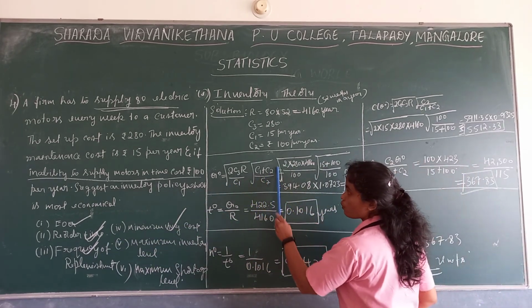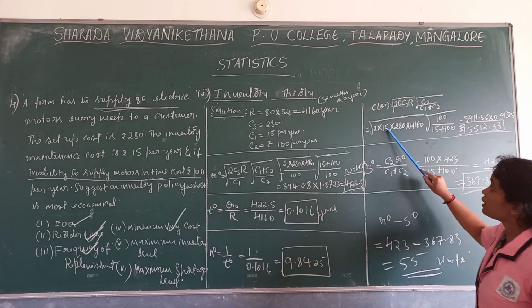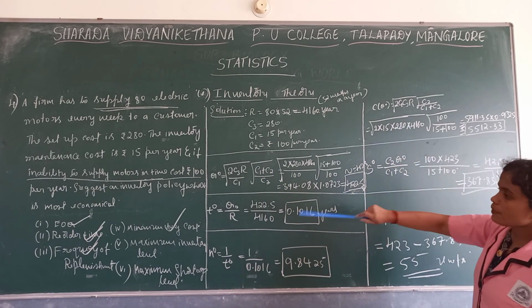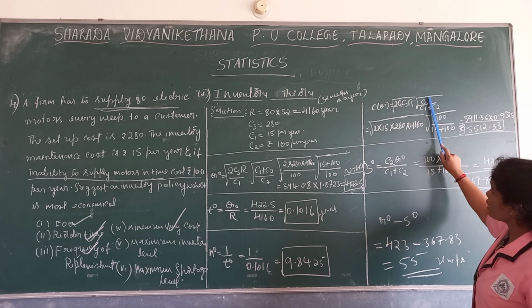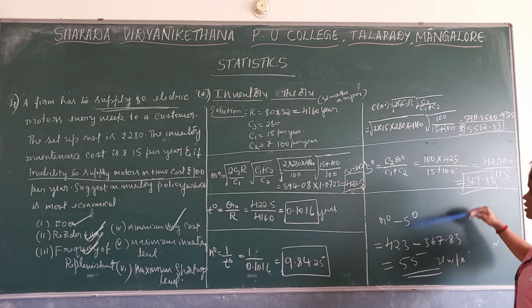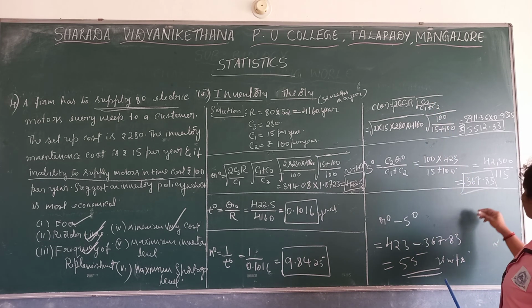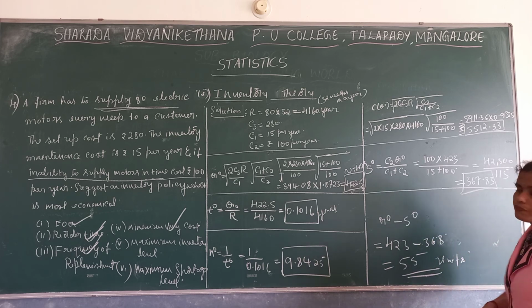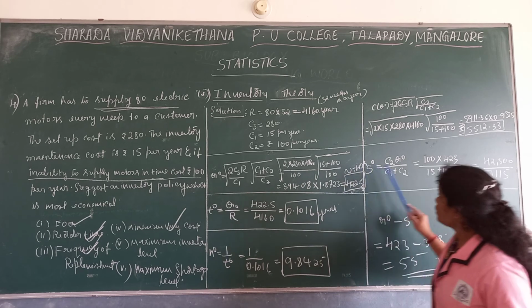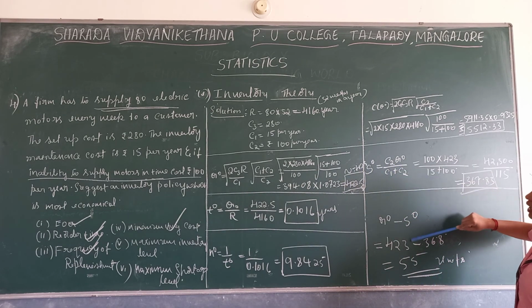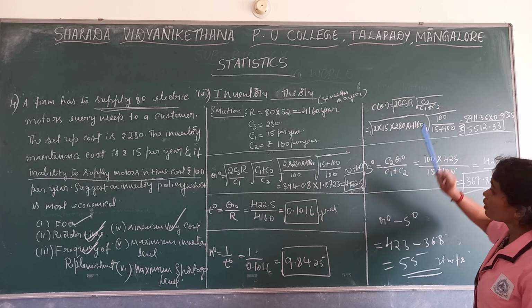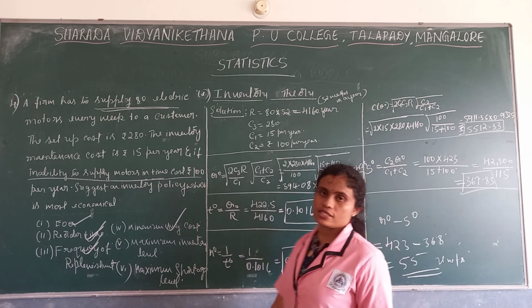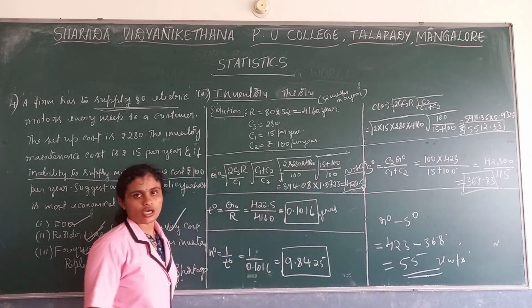Only Q0, one more formula will add here. Here minimum average cost also one more formula will add. And these two formulas are different. Here also we can convert into 368. Here also we can convert. And these two formulas are different. It is not there in model 1. Here one addition formulas you are getting.